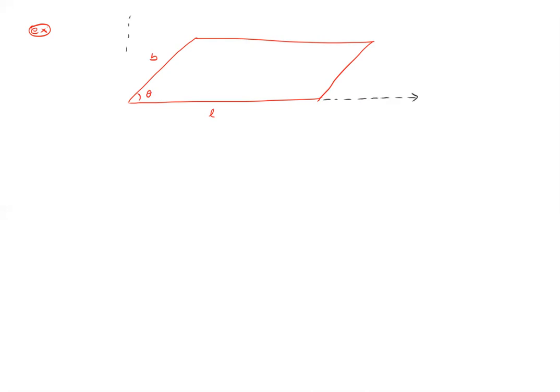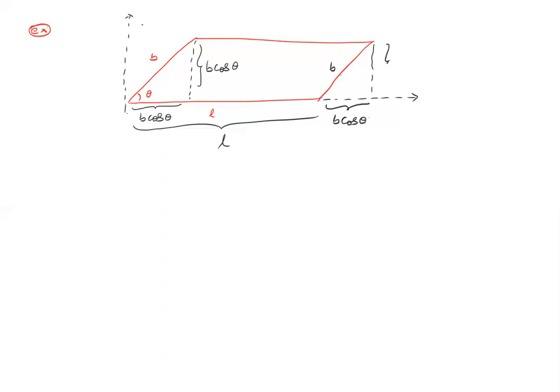So when you are supposed to give coordinates like this, remember this part is obviously B cos theta, this part is B sin theta. Now from here to here the length is L, this is B, this is your B cos theta, this is your B sin theta because it is on the opposite side. Now your coordinates are this A, B, C, D.